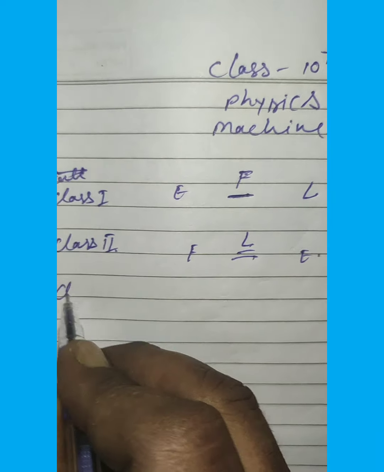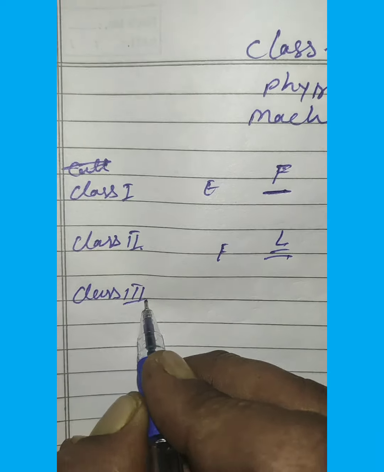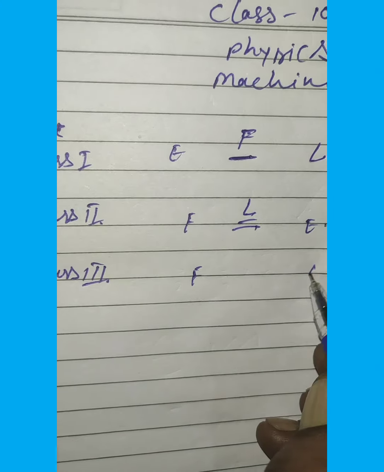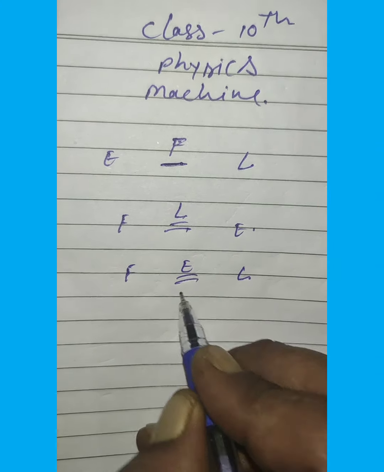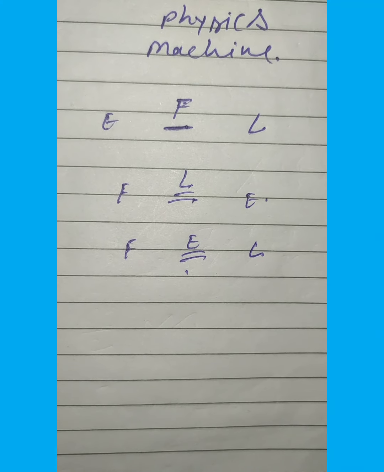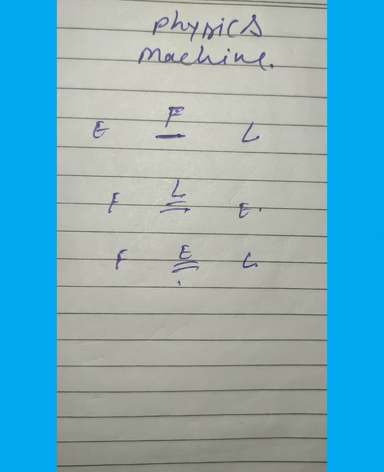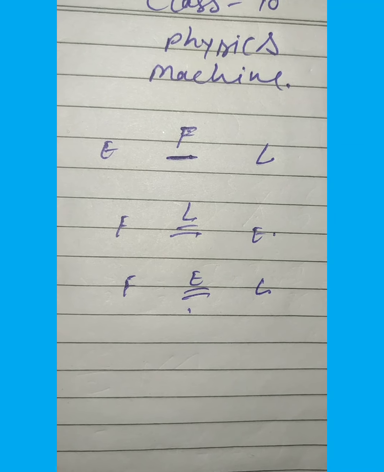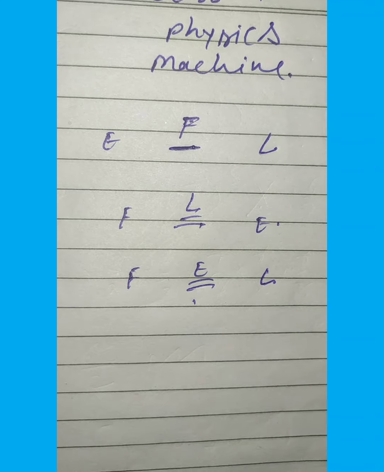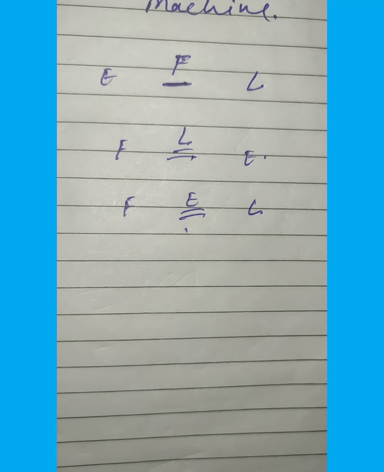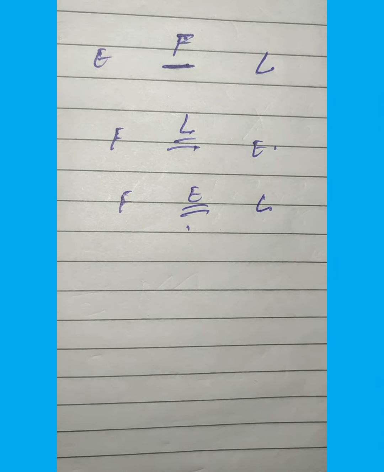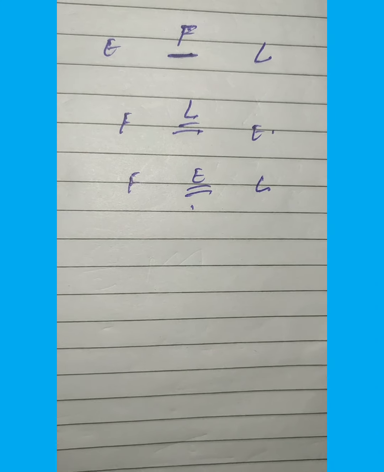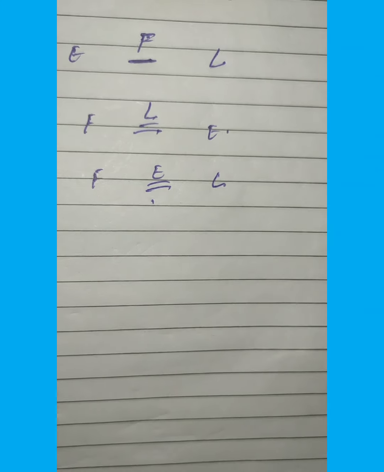In the same way, in a class third lever, fulcrum and load are at the two ends, and effort is always at the center. The mechanical advantage and velocity ratio for class third levers are always less than 1. Its common examples are sugar tongs, the forearm used for lifting a load, fire tongs, and foot treadle, which are examples of class 3 levers.